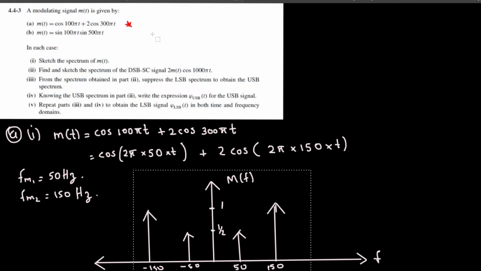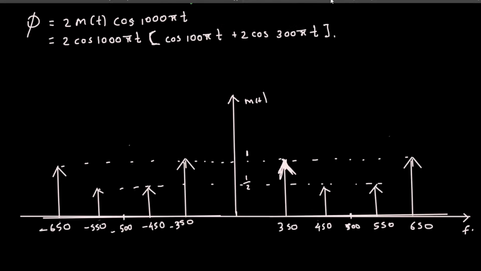Okay, and then we can multiply this 2 cos 1000 π t by this one and this one. If we do that for the first one, we will get 2 cos 1000 π t cos 100 π t